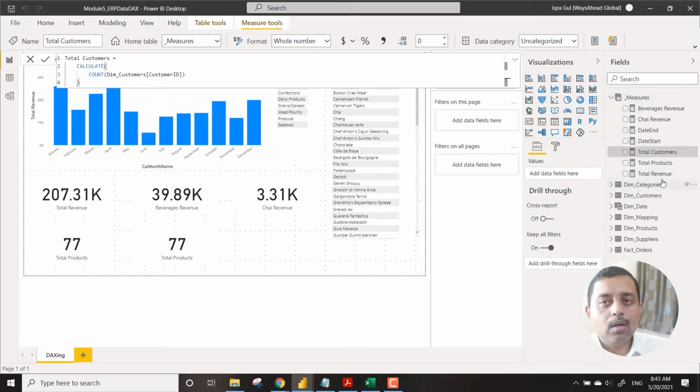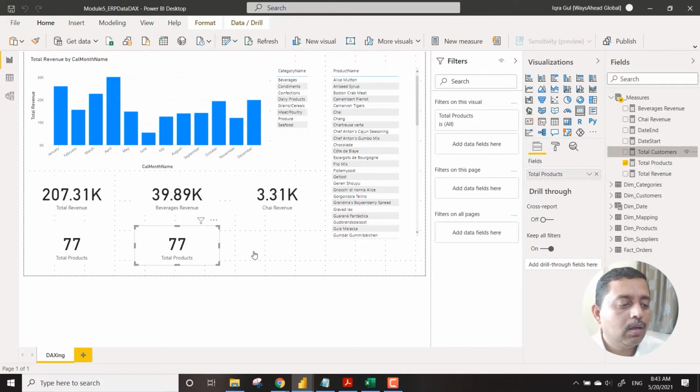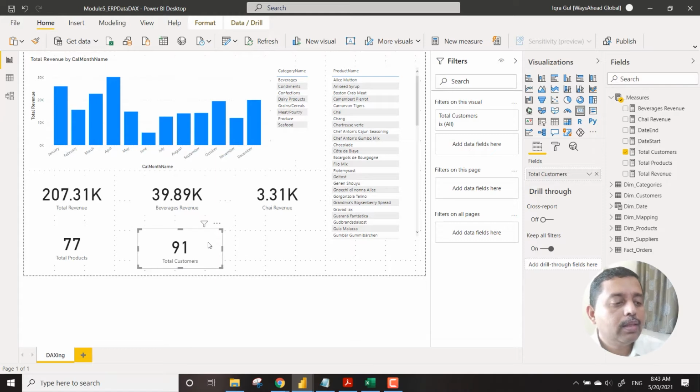So you can see that all the totals remain in one place over here. So total customers. Similarly, we can have the other factors also.